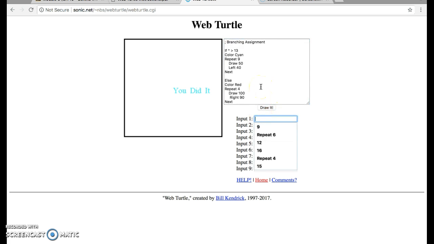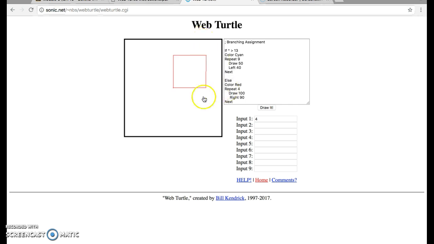So let's type in 4, and now see it drew a square because it's lower than 13. But if I come up and I type out 2000, it's going to draw the cyan nonagon. So I already explained what these do. Again, the color cyan, it's going to repeat everything you say underneath it 9 times. Drawing 50 again is just drawing the line for 50 pixels, and it's going to go to the left 40. So to see how it's on the left side of this square, and then you have to say next,